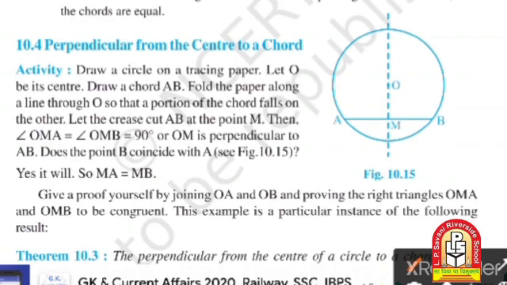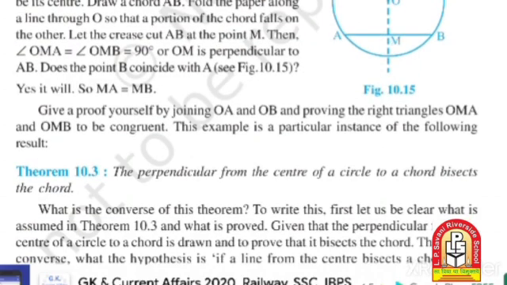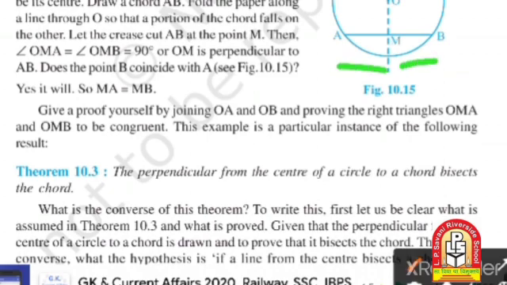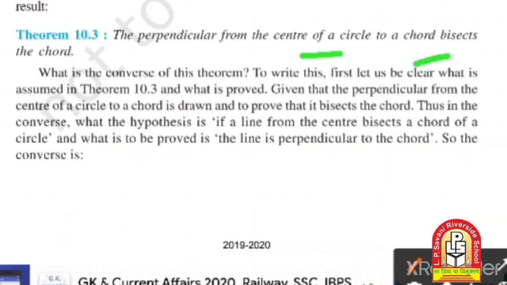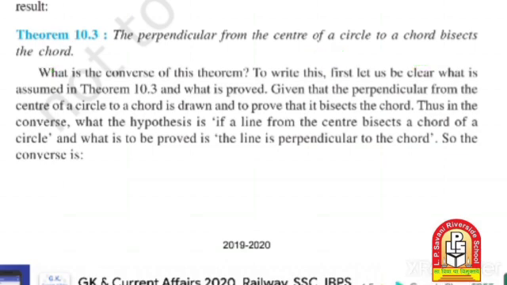Then after, the perpendicular from the center to the chord AB at M, where M is the midpoint, and then MB is a line segment and AM is also a line segment. So then after, the perpendicular from the center of a circle to a chord bisects the chord. Okay, so this kind of